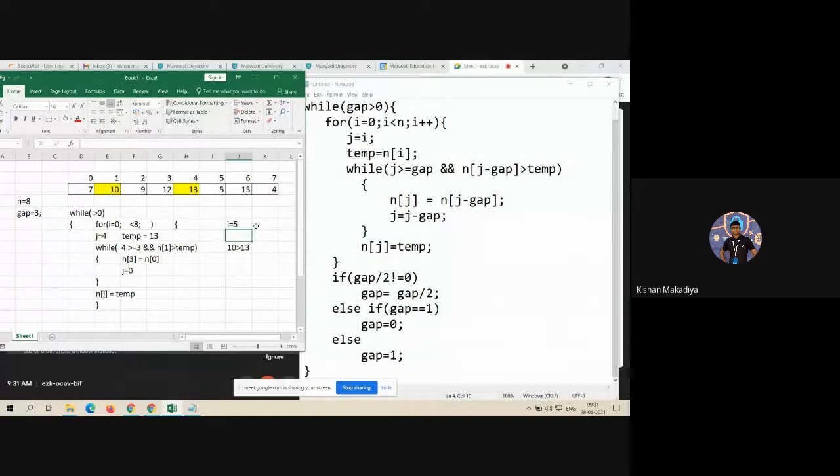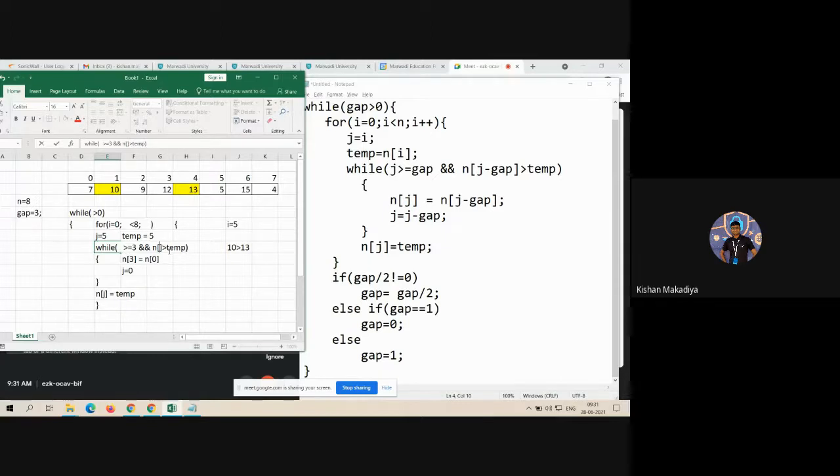I is equal to 5. Here j is equal to 5. Temp is equal to n of 5. Again check the condition. 5 greater than or equal to 3. Yes, condition true. Take the second condition.